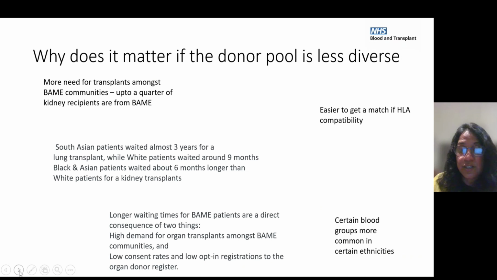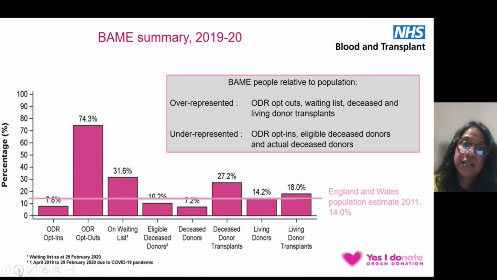Longer waiting times for BAME patients are a direct consequence of two things. We have a high demand for organ transplants amongst BAME communities and a low consent rate and low opt-in registrations to the organ donor register. South Asian patients sadly wait 3 years for a lung transplant, whereas their white counterparts wait only 9 months. Black and Asian patients wait about 6 months longer than white patients for kidney transplants. This is the data that we have from the United Kingdom, England and Wales for our Black and ethnic minority